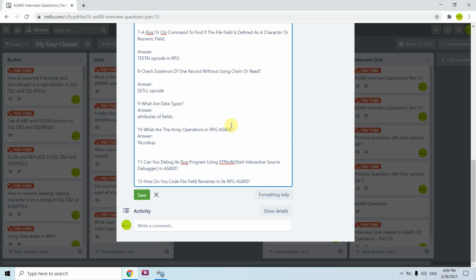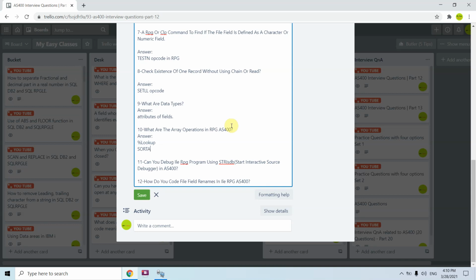For example, if I have to look up 5 in an array, I would use %LOOKUP, and in brackets I would search for that 5 in that array. I can even mention the starting or ending positions of the elements through which the lookup has to happen. So those are optional.